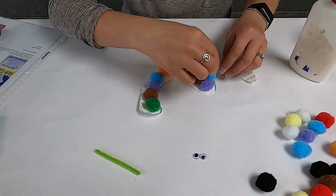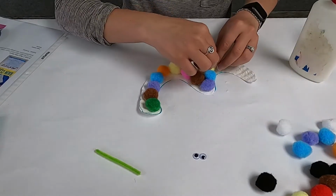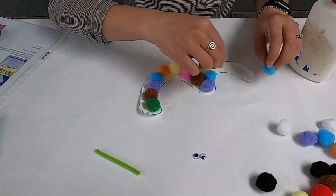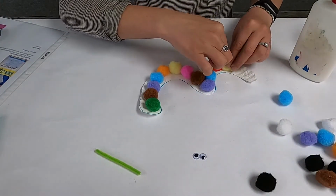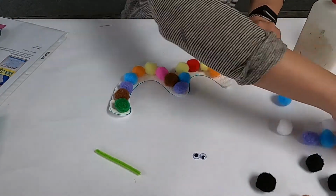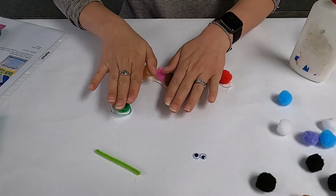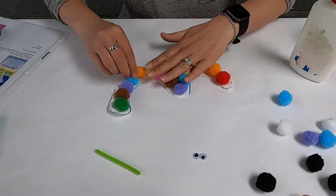If it's a little bit too big, like mine is on the outside here, that's okay. You can always trim it off when you're done, or just keep it the way it is. I'm going to go all the way down to the very end. There we go. So there is my worm slash caterpillar,